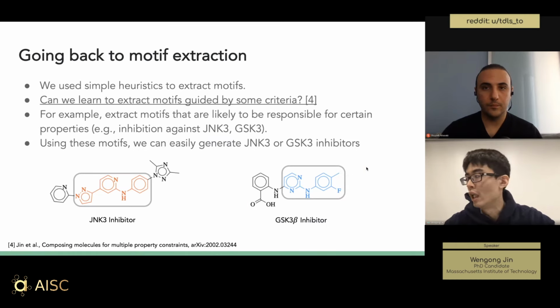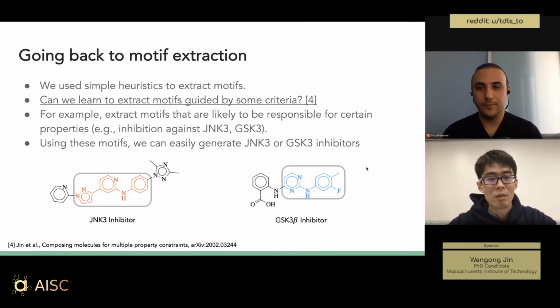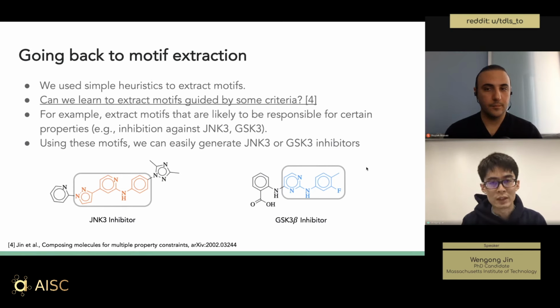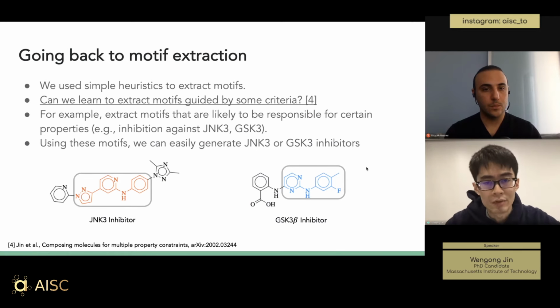Sorry for going a little bit over time, but I just want to briefly address the problem of motif extraction. Back then, we used some simple heuristics to extract motifs, but this is not really satisfactory. A question that I asked is, can we learn to extract motifs guided by some criteria? For example, I can perhaps extract motifs that are likely to be responsible for certain properties. For example, this motif here